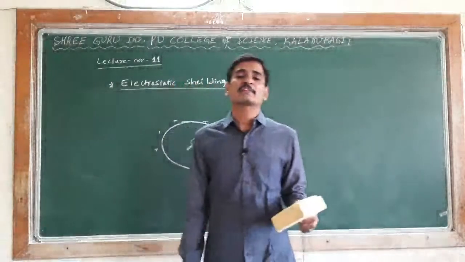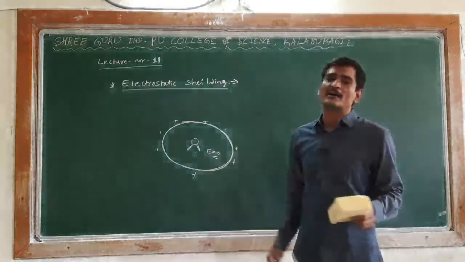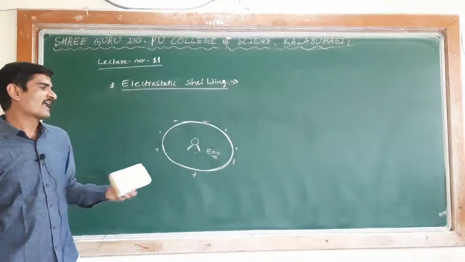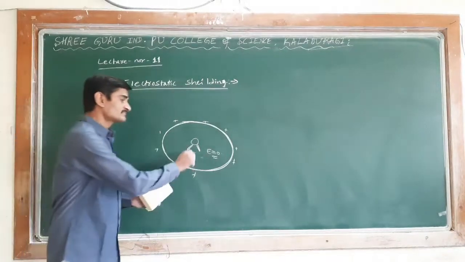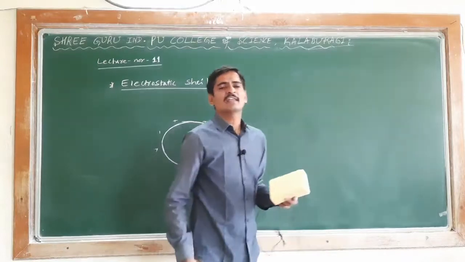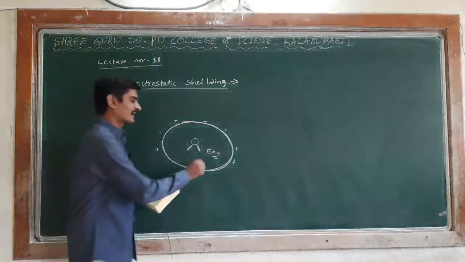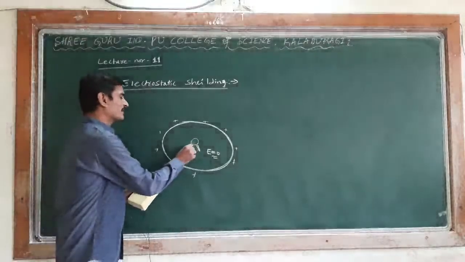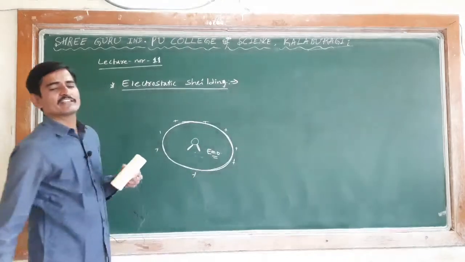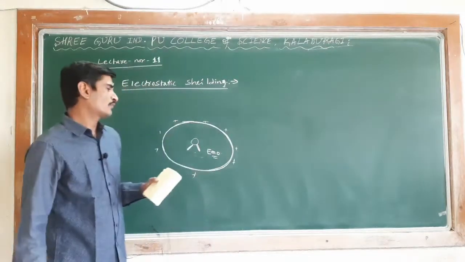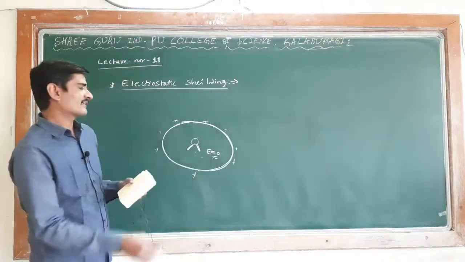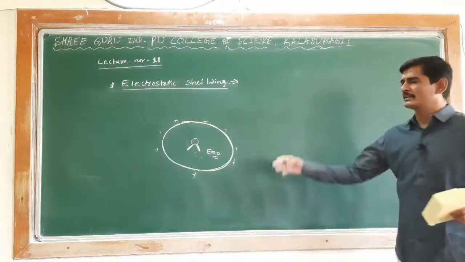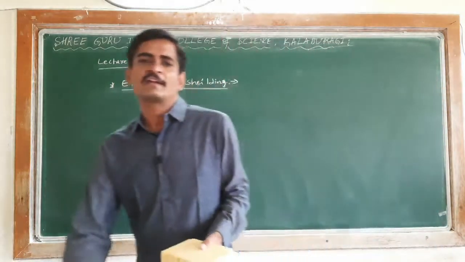It can be achieved by using a hollow conductor, because in the interior of the hollow conductor the electric field intensity is 0. That means the electrostatic force acting on this instrument inside the hollow conductor will be 0. So this is called electrostatic shielding, and this is the reason why we say that during